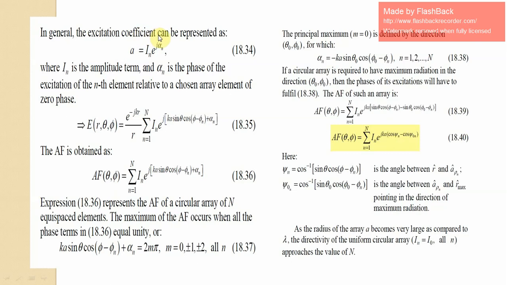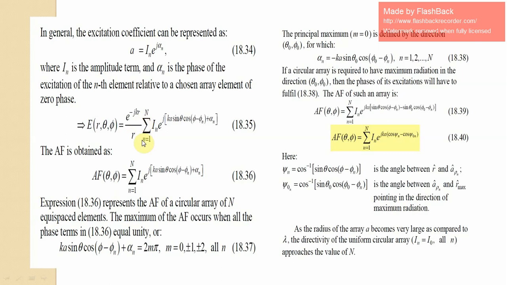Generally the excitation coefficient can be represented by a, which is equal to I of n e raised to j alpha n, where I of n is the amplitude term and alpha n is the phase of the excitation of the nth element relative to the chosen array element of zero phase. That's why this equation is represented by E of r, theta, phi, which is equal to